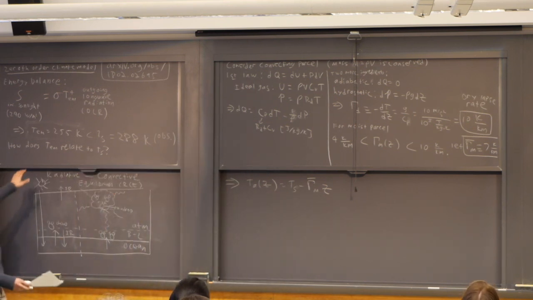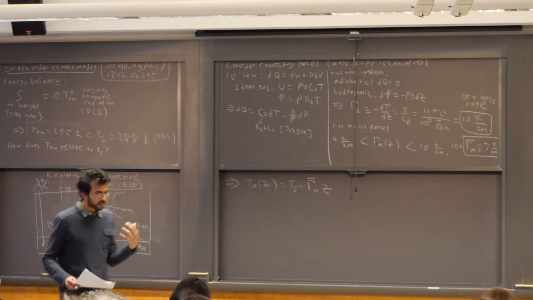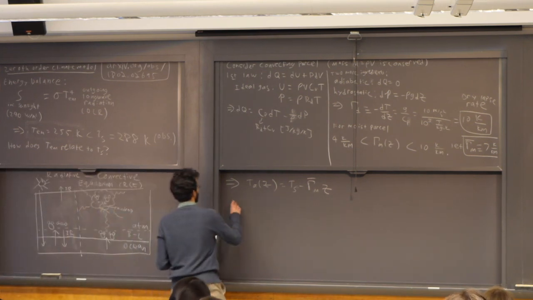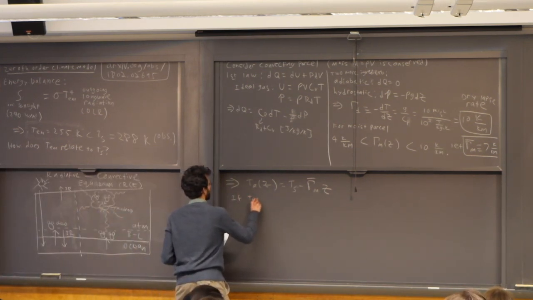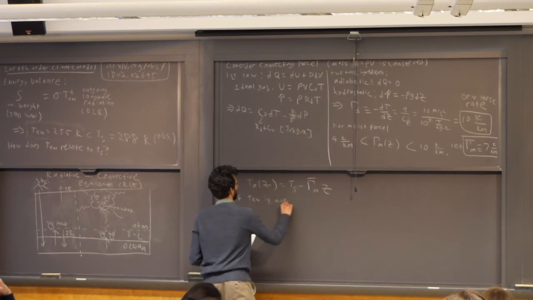Okay, so now we know how atmospheric temperatures are related to surface temperatures, right? Well, we somehow have to connect this with the emission temperature. But the emission temperature is an average temperature of the atmosphere. So if T_em is an average atmospheric temperature,